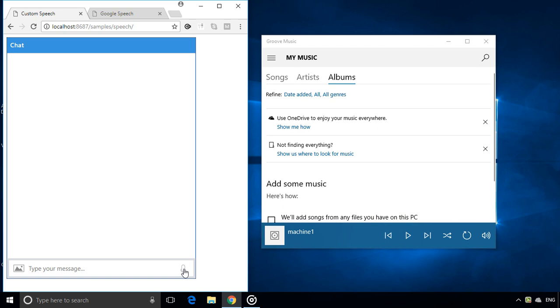So now that you're warned, I've got two tabs, one with a web chat control pointing to my custom speech service, and the other tab is using Google Speech with the built-in speech recognizer of Chrome that I showed in episode 8. I will play the audio recording with both of them, to see how it's interpreted by each.